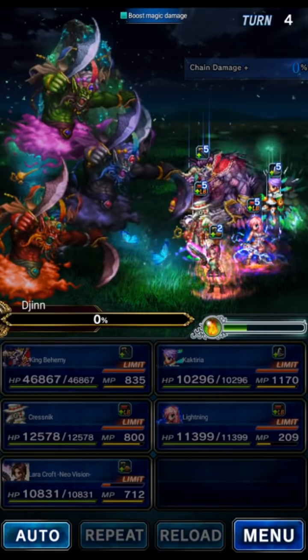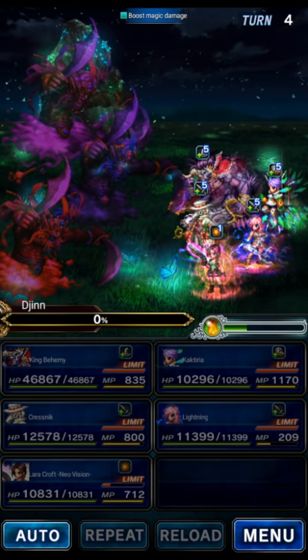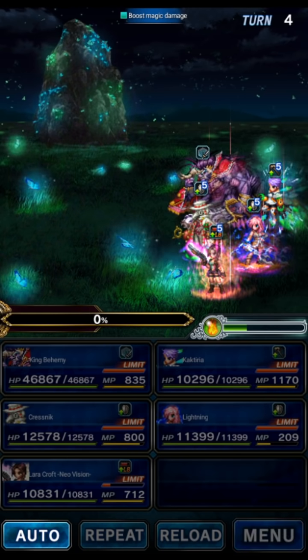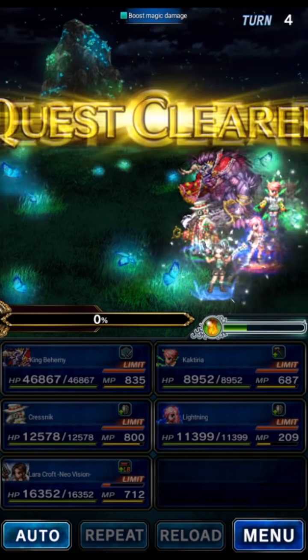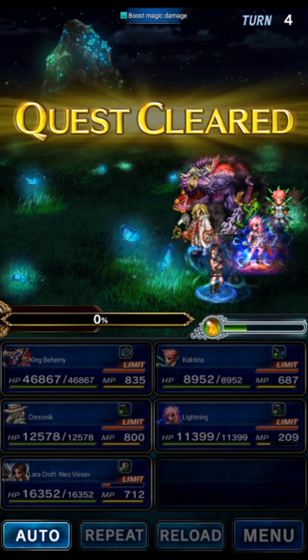Looks like it did. Yep. So there we go. All missions in 4 turns with a single Lara Croft as damage. That's impressive. These enemies have enormously high defense. They imbue your party. They break your attack. They are just really...